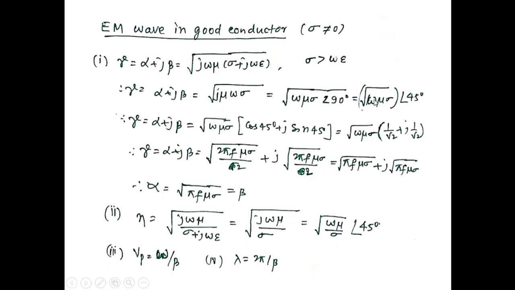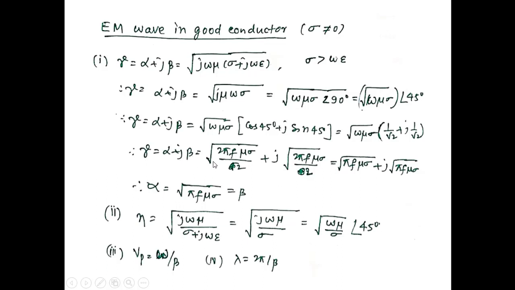This is equal to under root of omega mu sigma. Take 90 degree outside the bracket, we get 45 degree. Therefore, gamma is equal to alpha plus j beta is equal to under root of omega mu sigma angle theta, we get cos 45 degree plus j sin 45 degree. But cos 45 degree is equal to 1 by root 2 and sin 45 degree is equal to 1 by root 2. If you simplify and separate real and imaginary part, you get gamma is equal to alpha plus j